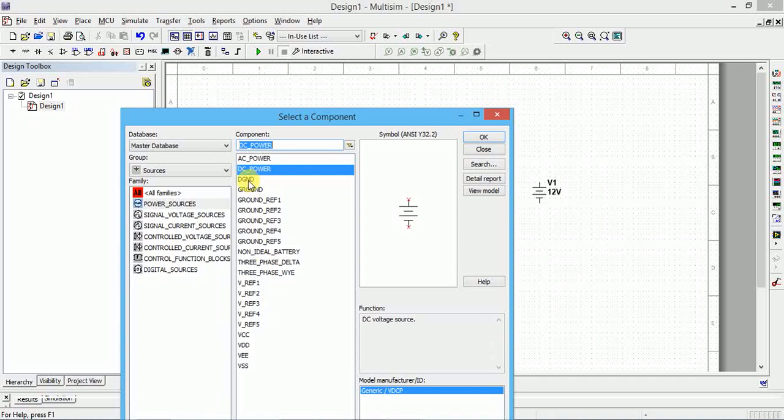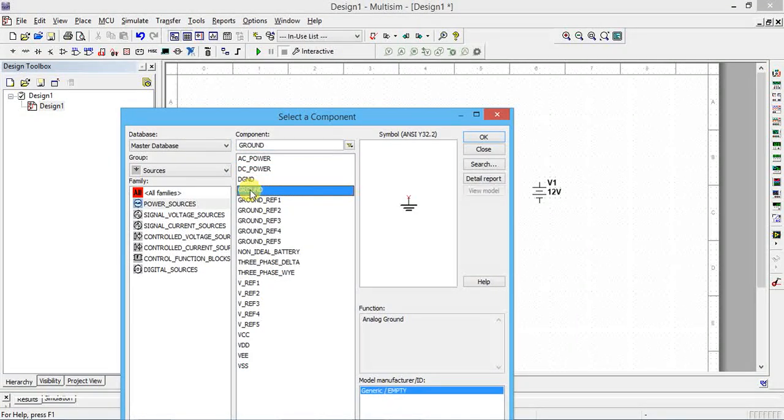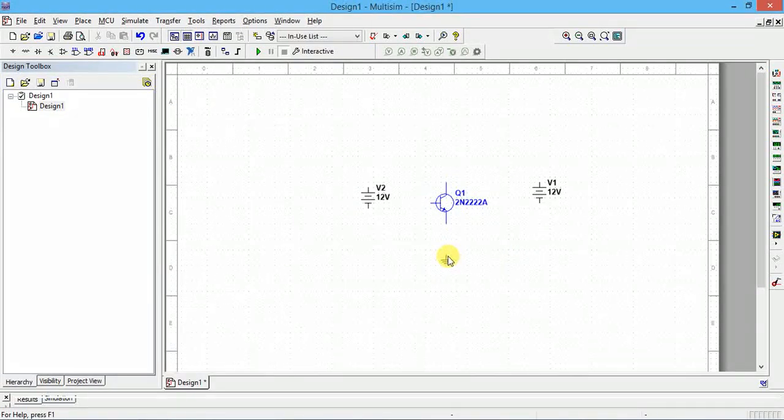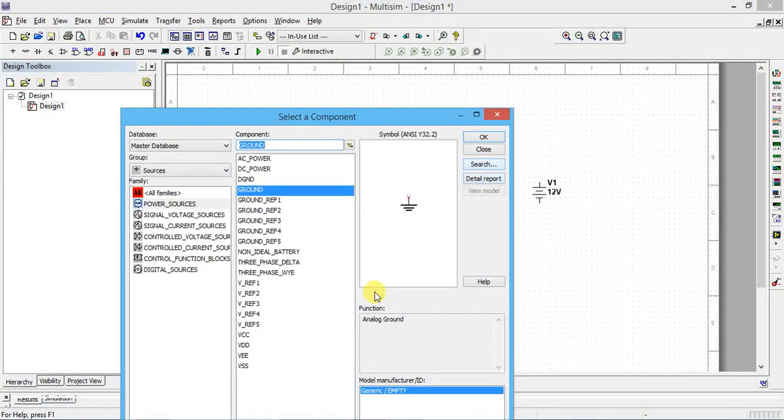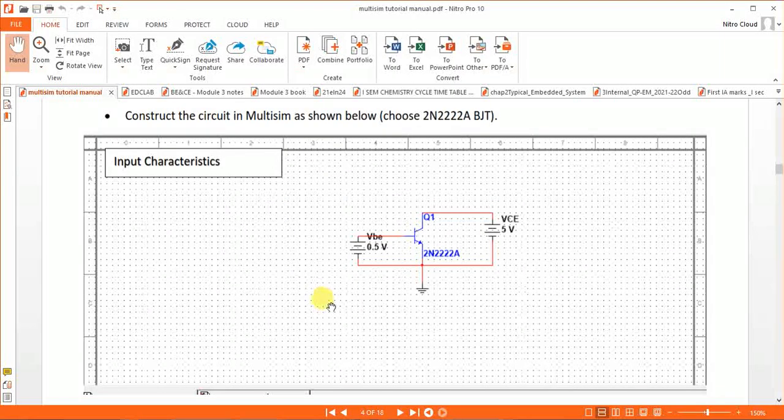There is a digital ground and this is a normal ground. So click this button and place it here. Now the components are all placed. I have to change this to 0.5. This VCC is 5 volts, and this is the transistor Q1.